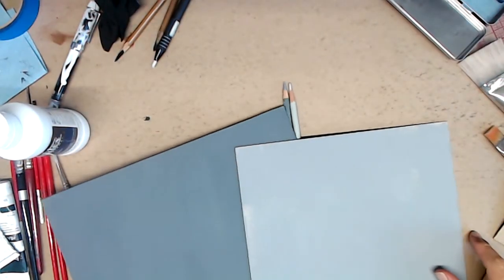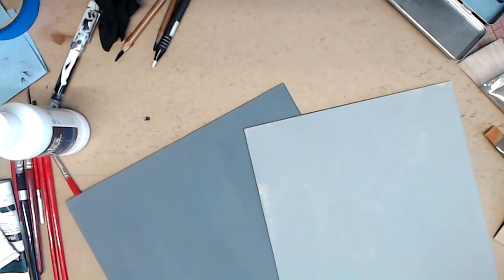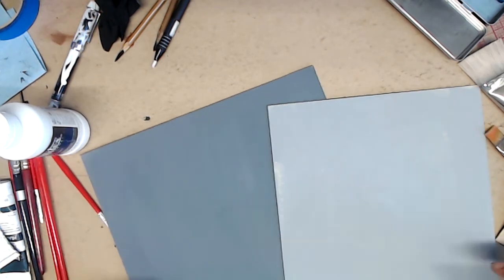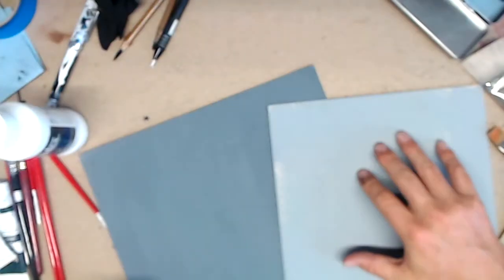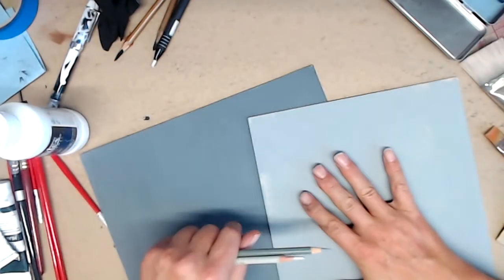Sometimes you're going to choose to work on a dark gray surface like this. Sometimes you're going to want to choose to work on a light gray surface like this. So we'll talk about that later, but essentially the color of your ground is going to affect the overall appearance of your piece. So if I want to do something dark and dramatic, I'll start off with a darker ground. If I want to do something kind of pale and hazy and romantic, I might start off with a lighter